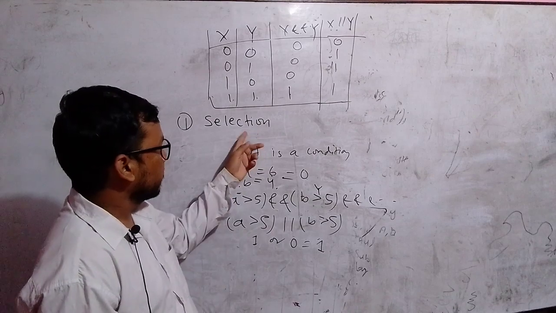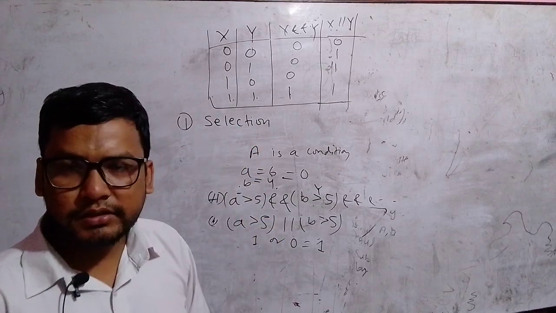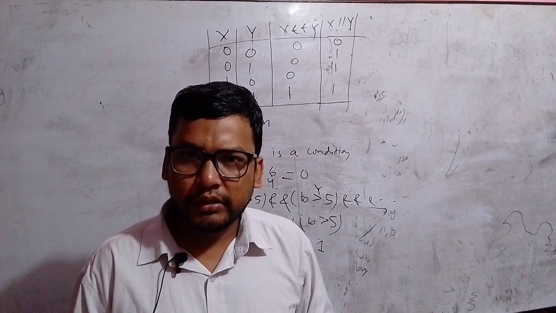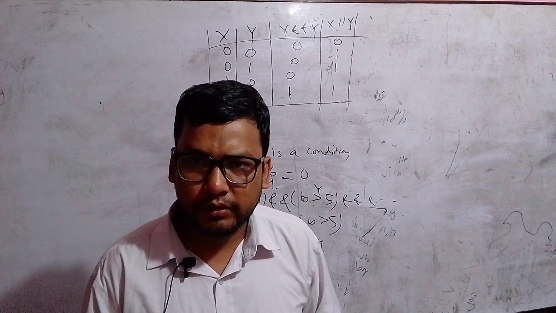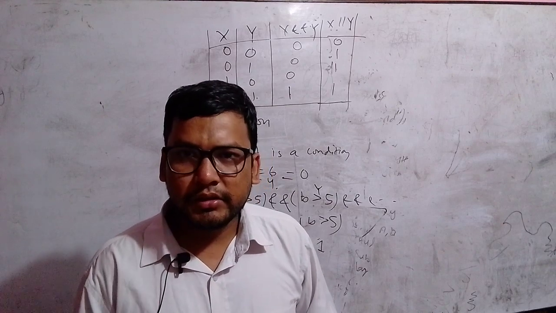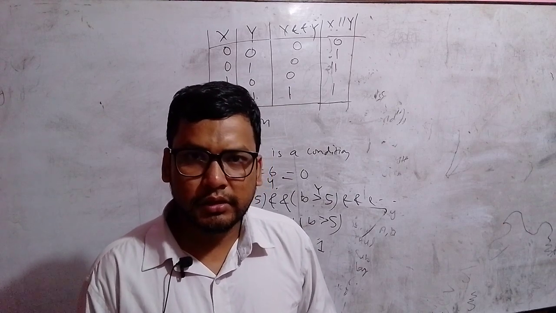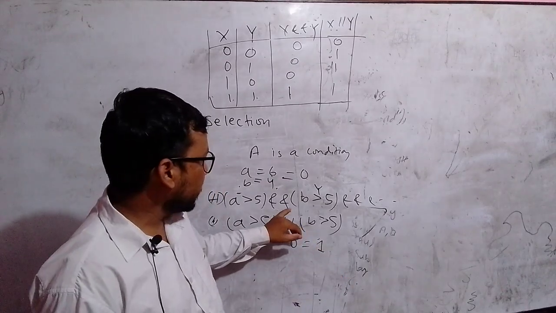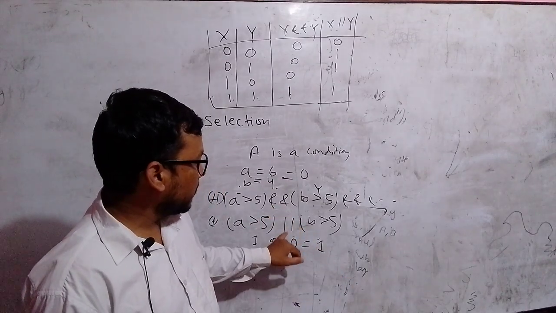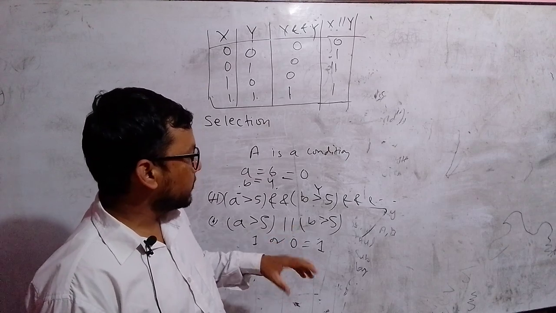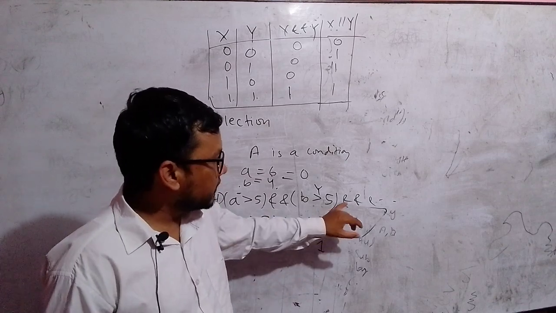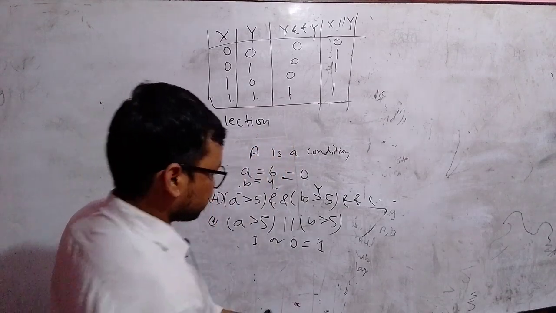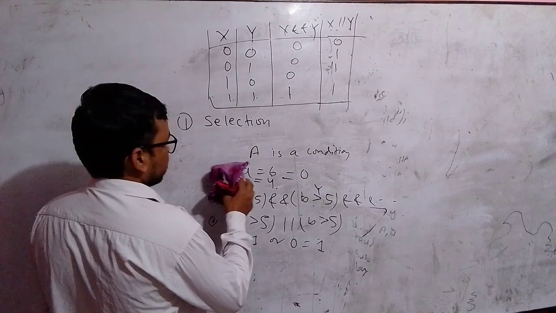Now selections. Selections take the conditions. The conditions could be a single condition or a combination of conditions. A combination of conditions contains a number of conditions combined by an AND or an OR operator. But as a whole, these are treated as a single condition for the selection operations. Now, that means we have studied